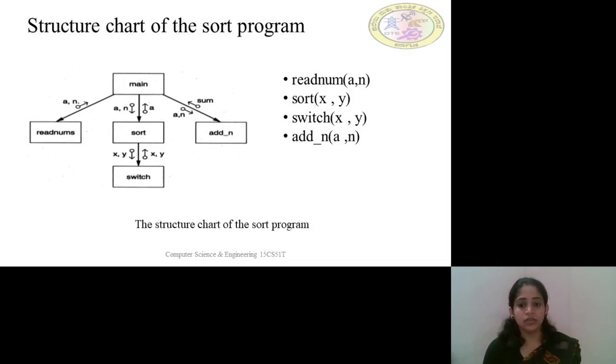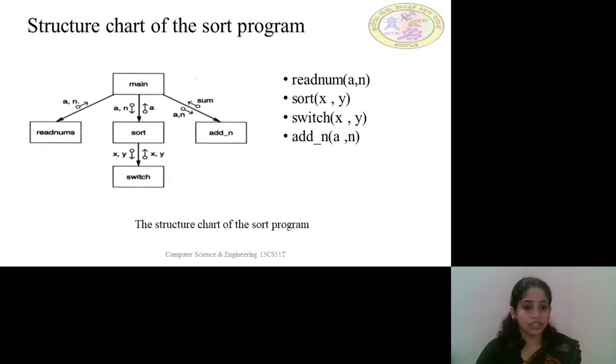Read nums is a function which reads the input numbers. The numbers we give as input are handled in the module called read nums. The arrow mark goes from read nums to the main. That is, we are reading the numbers and giving the input to the main function. After reading the inputs with read nums, the main function takes them as input along with the total number of numbers, and we go for the sort.